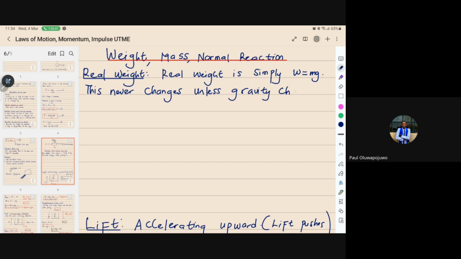And that's why it will change on the moon, because the gravity changes, right? So apparent weight is the force the ground